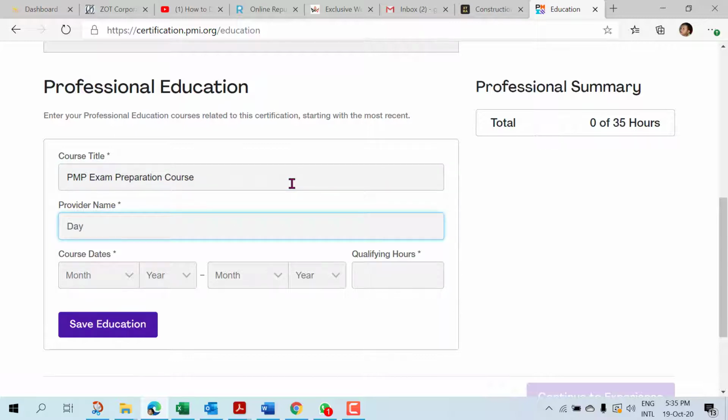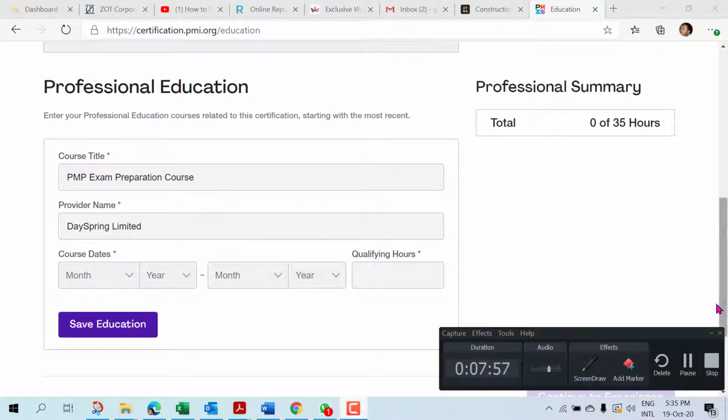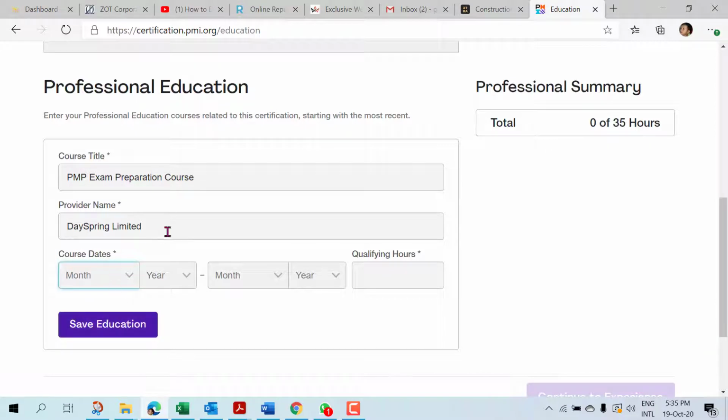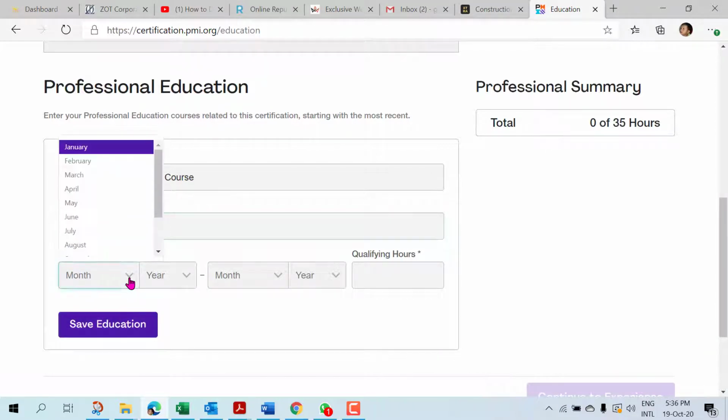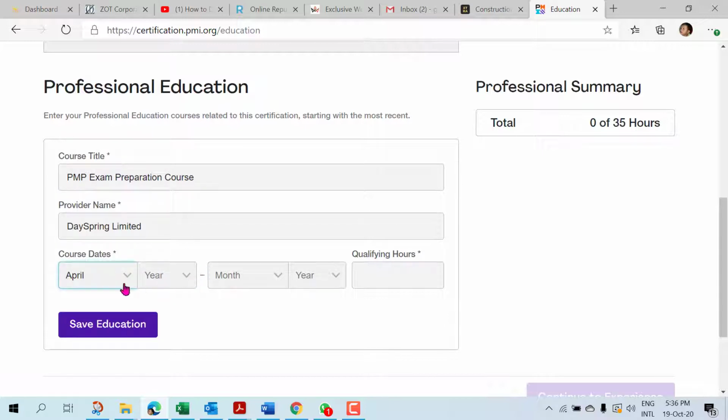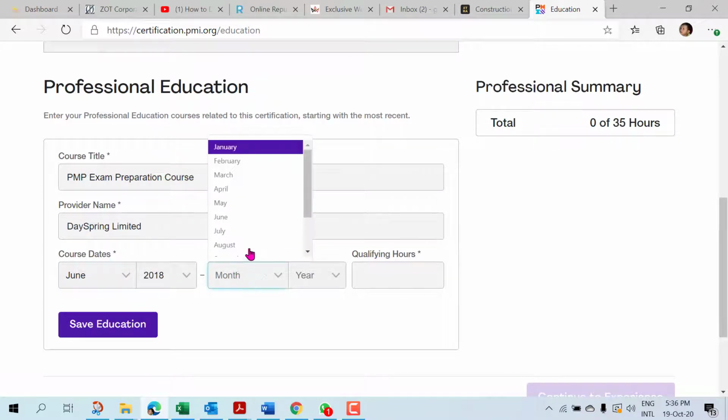and course dates. In the course dates start and end field, it will take only the month and year, which month you started the class and which month you finished your class. And the very important thing is qualifying hours. You know 35 hours will be required. Here it is mentioned clearly. Alright. So see, when you fill this up, and if 35 hours is met after clicking on save education, then this portion will be